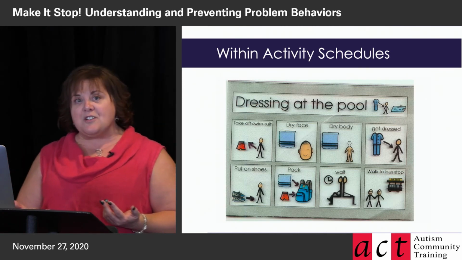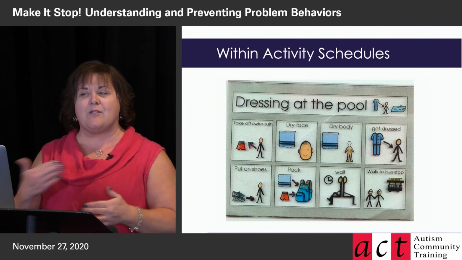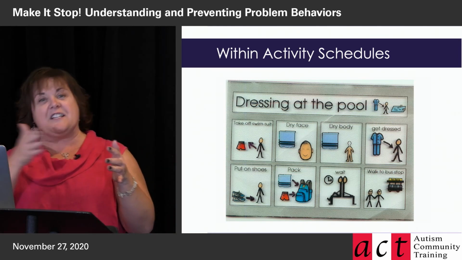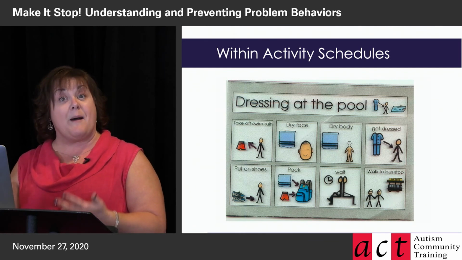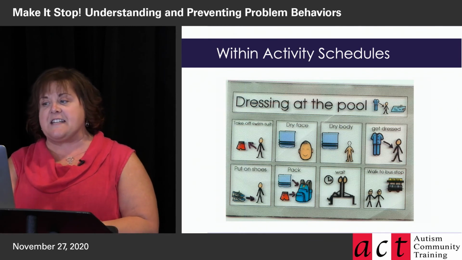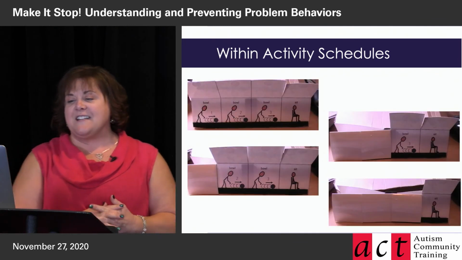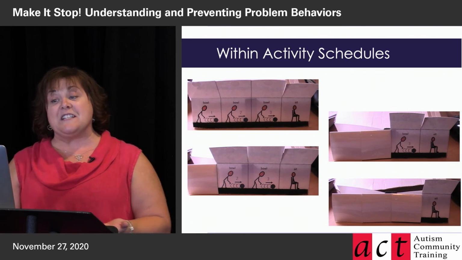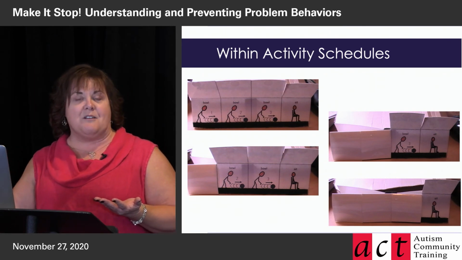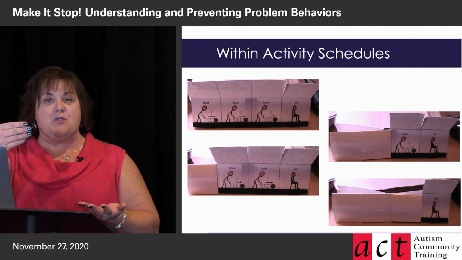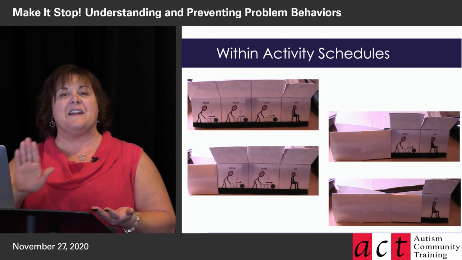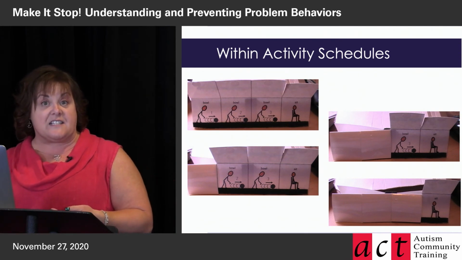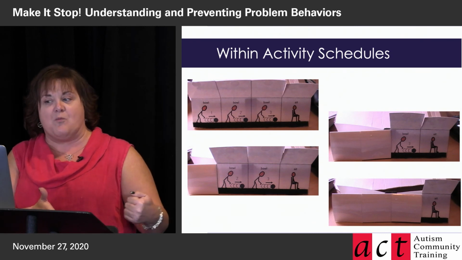Just for some other examples, and you've got these in your handouts, I'm not going to talk through every single one, but I've got an example of a sort of task analysis or a visual schedule for getting dressed at a public pool, and all of the steps that need to happen. I was teaching a child, getting him ready to go to his first bowling birthday party, and he'd never been bowling before. And I made this visual that shows how many balls you get to bowl. And after he would do one ball, he would close the flap, and then he'd have two balls left. Close the flap after he does the second ball, and then after the third ball, and then you sit, because that's how bowling works. You get your 3 balls, and then you sit and wait.